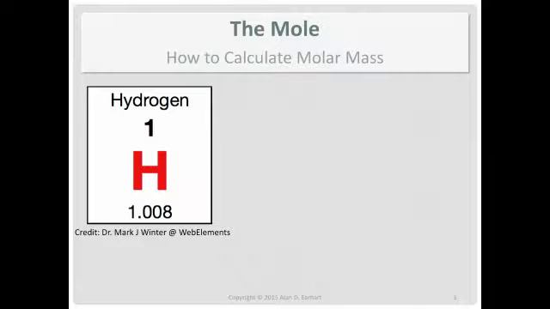The numbers that I want right now are the atomic weights. So I want the 1.008. There are a number of different interpretations of that 1.008. What all the interpretations share, however, is that that's an average weight. You take into account all the naturally occurring isotopes of hydrogen. You figure out the atomic mass of all those isotopes. You figure out their percent abundance, and you put it together, similar to how your grade is probably calculated, a weighted average. And you put it together and you get the 1.008.